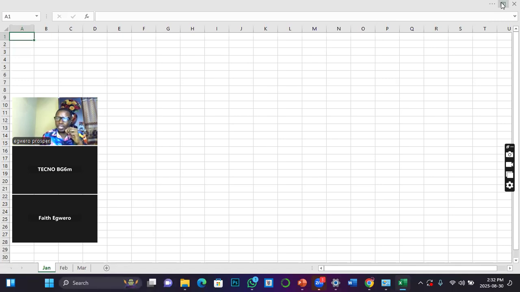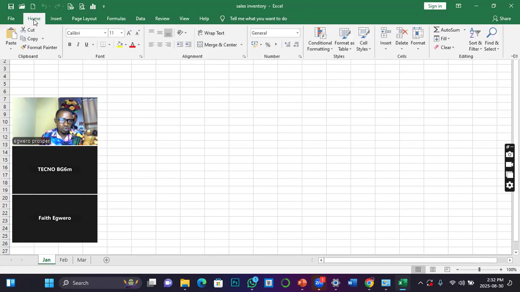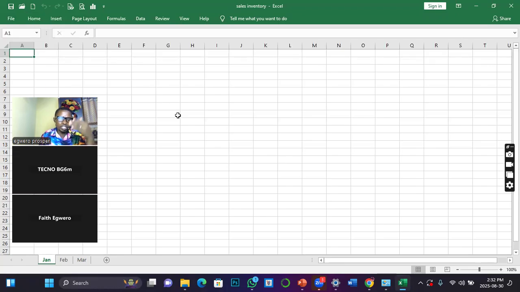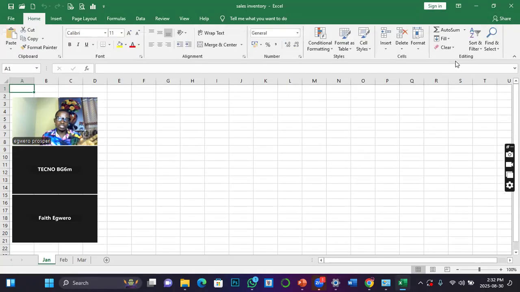So if I come back here, I click on show tabs, I can only see the tabs, but I cannot see the properties until I click. So once I go off, then it collapses back. That is because the method you are using shows tabs only. So if I want to be seeing the tabs and their corresponding properties, I'll stay on this. Okay, so that is how to manage that.